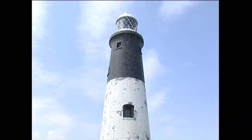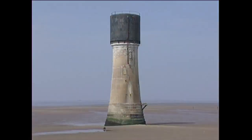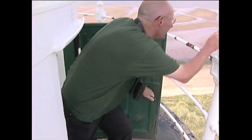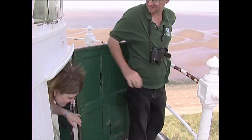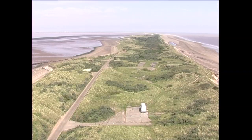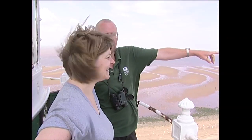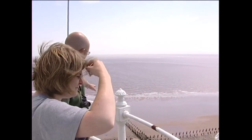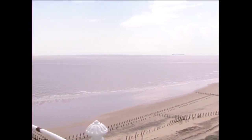The lighthouse we're in at the moment, at the top of the 140 odd steps we've just come up, is what is known as the high light. The low light over to our left on the river was built to the latter period of Smeaton's Lighthouse. So this was opened up in about 1893, had a long and illustrious life, guiding shipping in and out of the Humber, to be decommissioned around 1985, when the lamp was stripped out of where we stood at